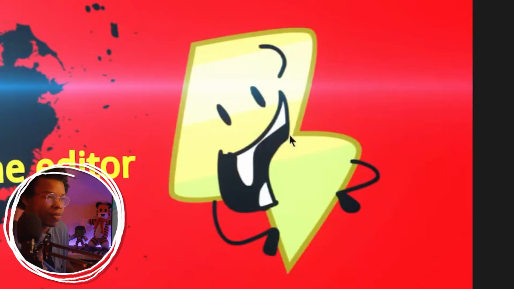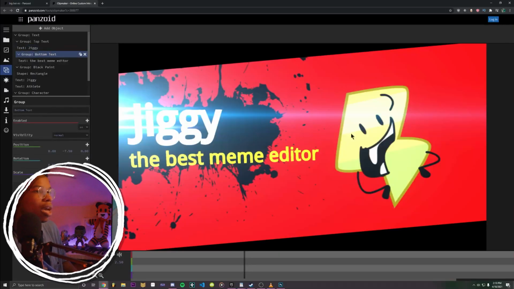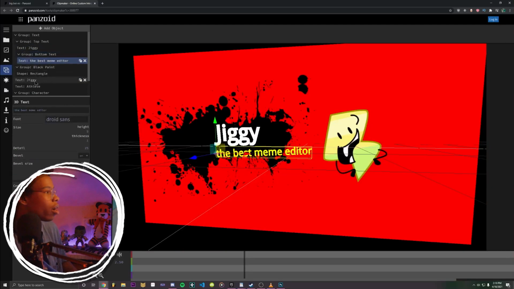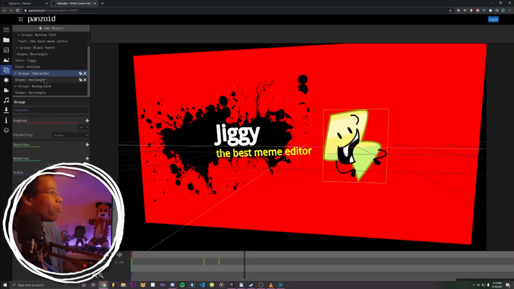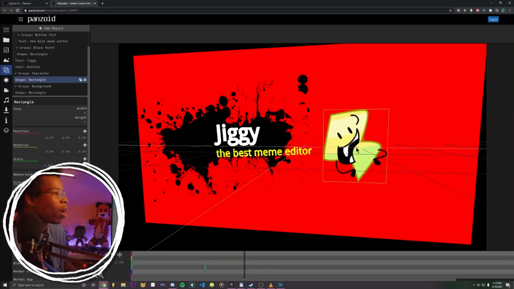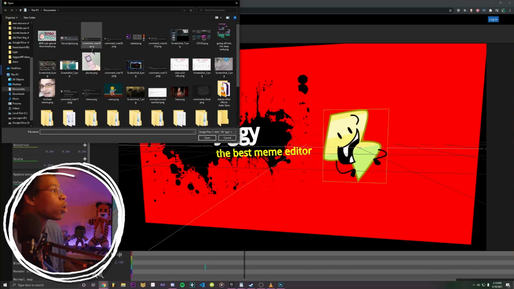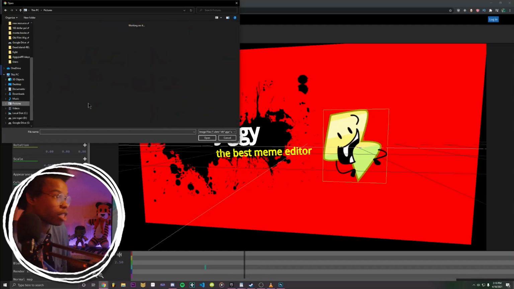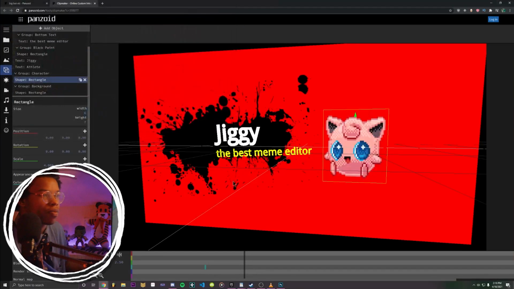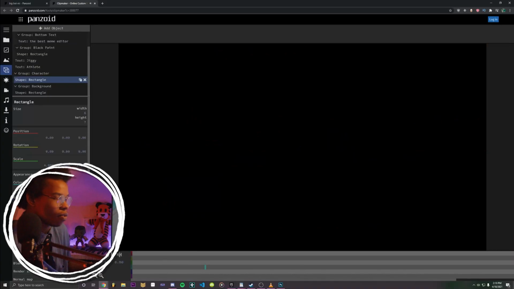Now we have to change this image over here to something that I want. You can't click on something and have it select in 2D. You have to change to 3D. Now I'm gonna click on every single one until I find the one that I want. It's a shape rectangle. Now I'm gonna go over here to texture and click select. Now you can upload your own PNG. You want it to be transparent. So say I'm gonna put my little GIF over here. Bam, beautiful. Now I'm already done. If I go to preview,